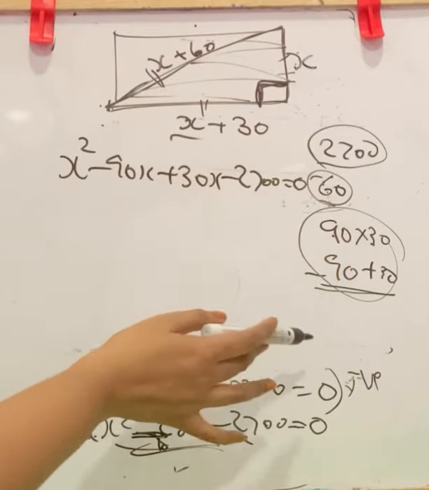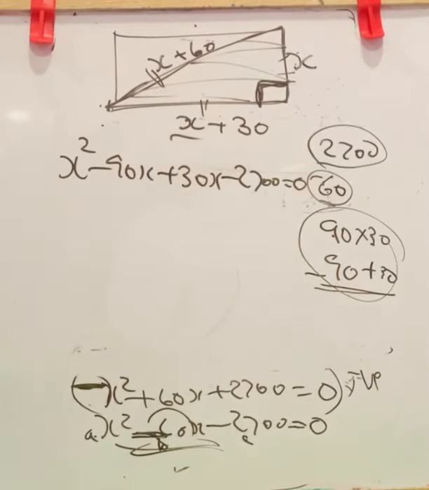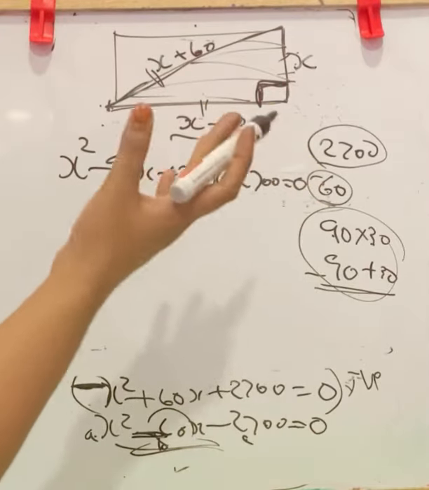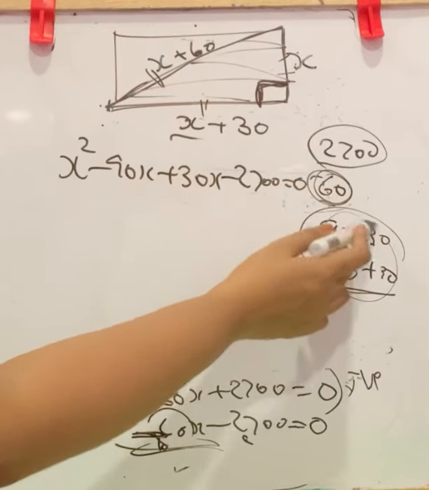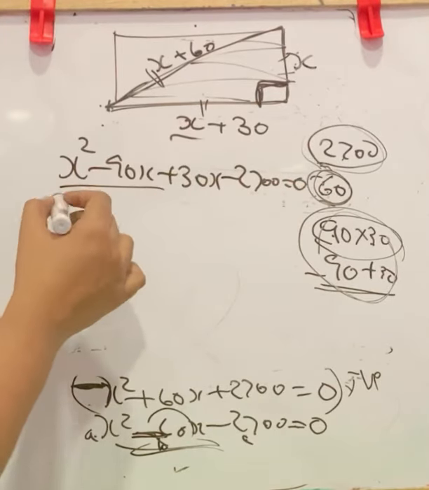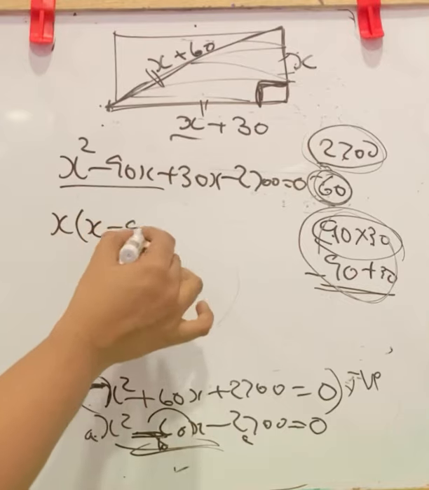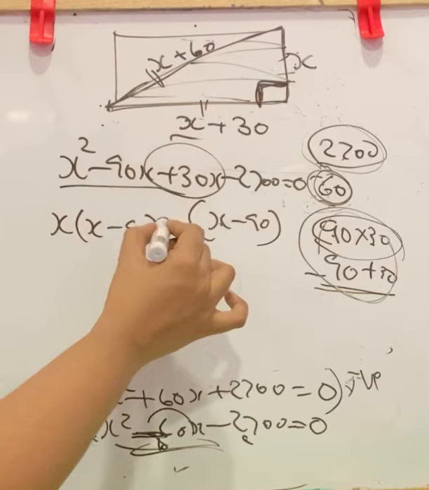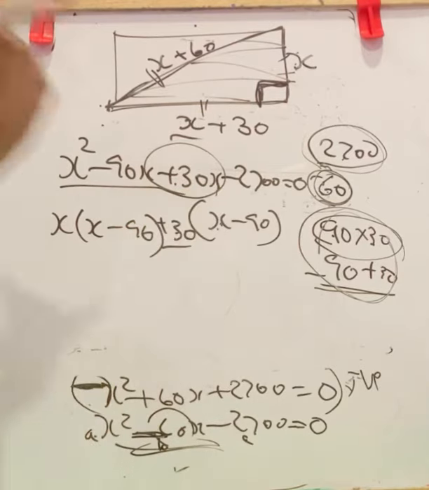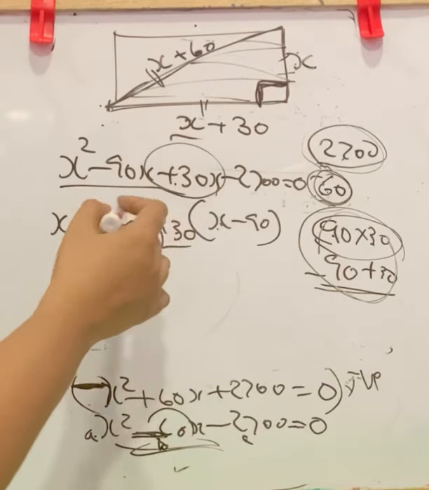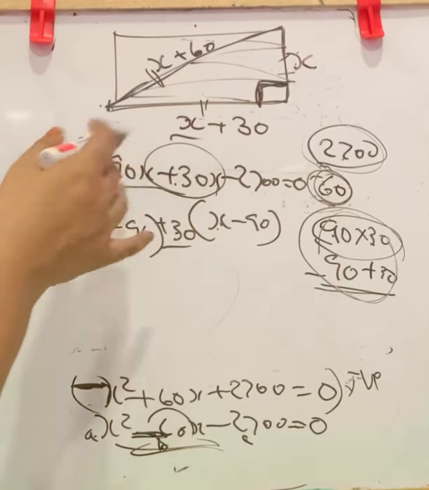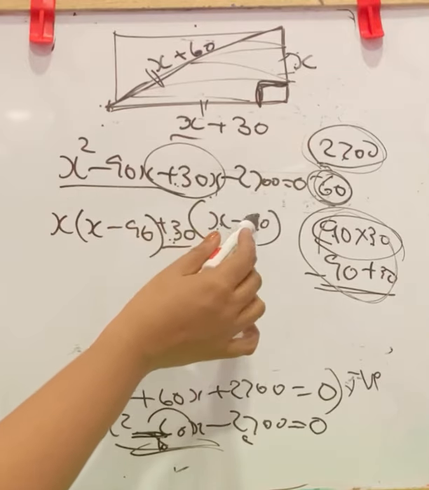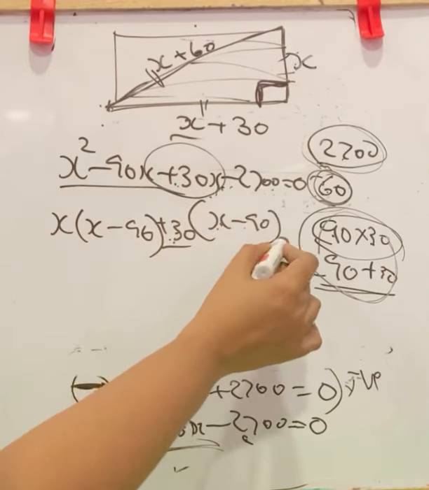After doing so many problems, you will get an idea how to take the factors. This is actually trial and error. You have to check all the factors and check which suits the B term. Now from this you will take the common factor, x minus 90. Here write x minus 90. Now dash into x, plus 30x, that is plus 30 into x is plus 30x. These steps I have already explained very well in the previous video. Just have a look at it. Plus 30 into minus 90, yes, minus 2700 equal to 0.